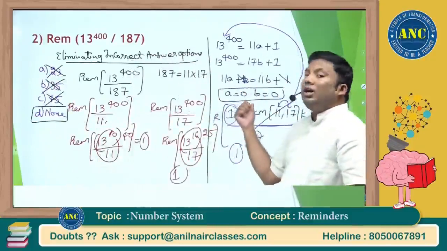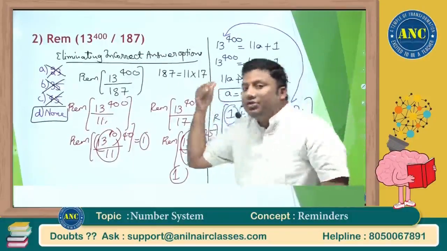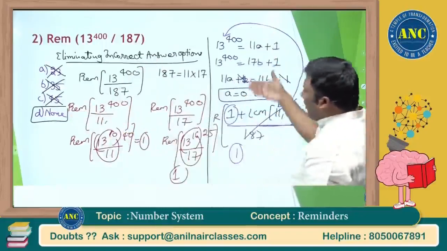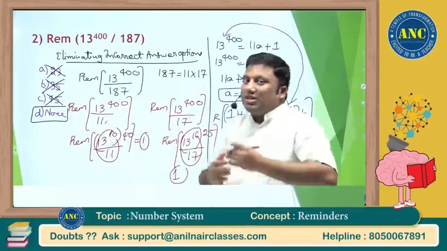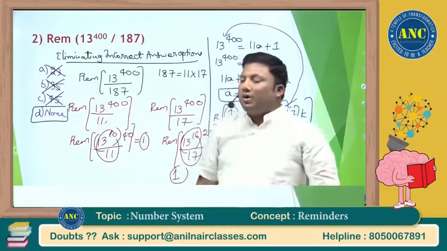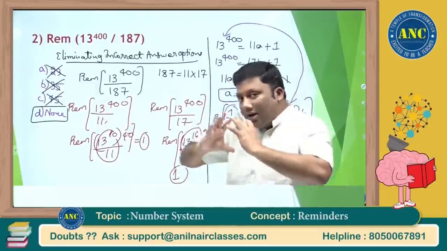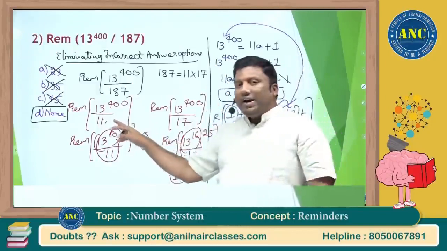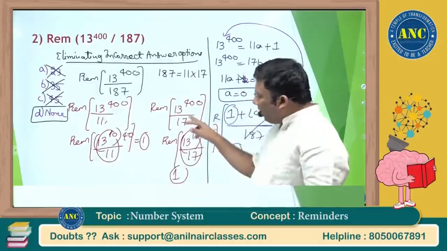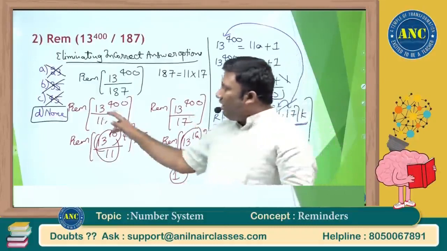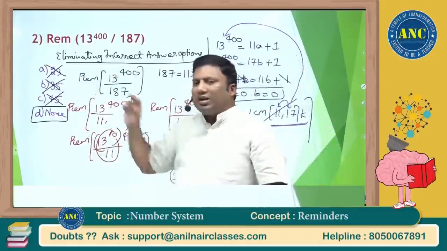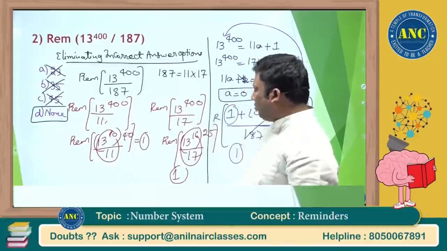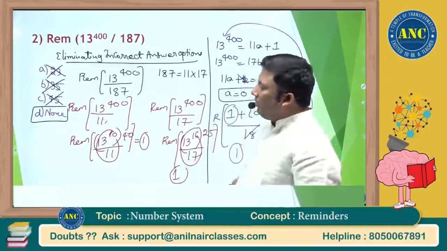You probably don't need to equate both of them if the answer options are given. If the answer options are not there, you have to equate both the equations. Within 10 to 15 minutes, once I start solving problems, you will learn how to start solving them. When divided by 11, remainder 1; when divided by 17, remainder 1. 35 is out, since it is 11 into 3 plus 2, that is 11k plus 2. When divided by 17, it should be 1.